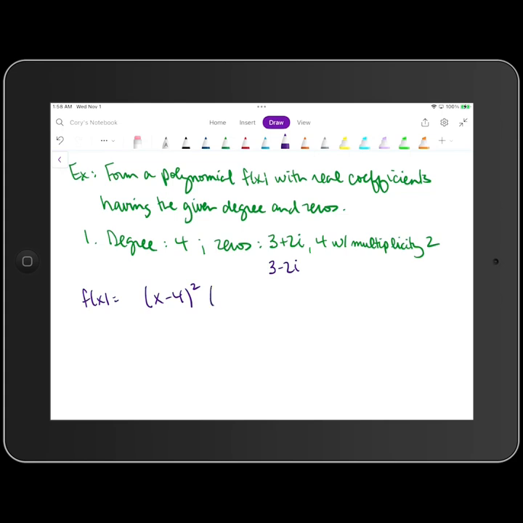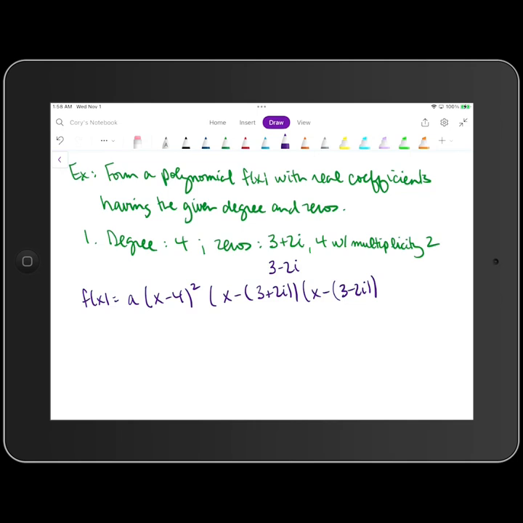Okay, if 3 plus 2i is a 0, then x minus that 0, so x minus the quantity 3 plus 2i is going to be a factor. And if 3 minus 2i is a 0, then x minus the quantity 3 minus 2i is also going to be a factor. Now again, just like we did in our lesson on, I believe, graphing polynomial